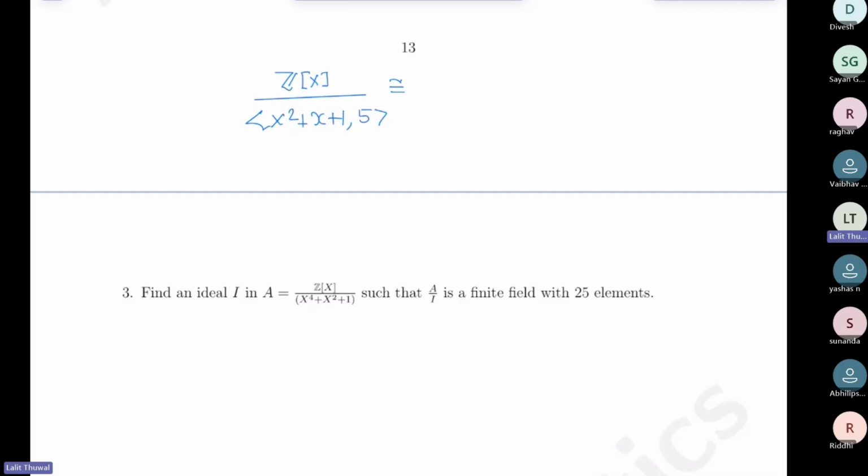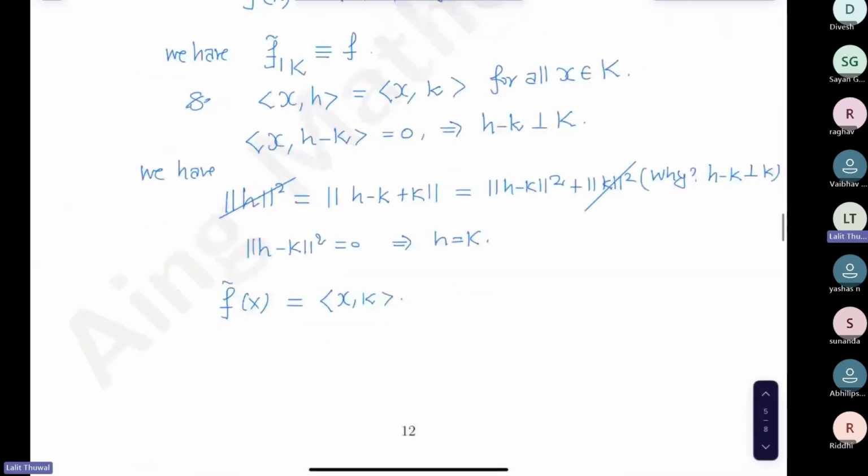Okay, so okay, could you figure it out? What is the answer, Abilipsa? Field. Field with how many elements? 25 elements. Okay, Sabas. Okay, so let's